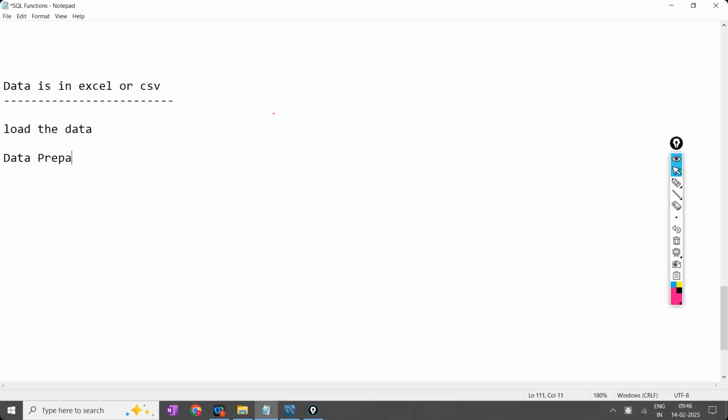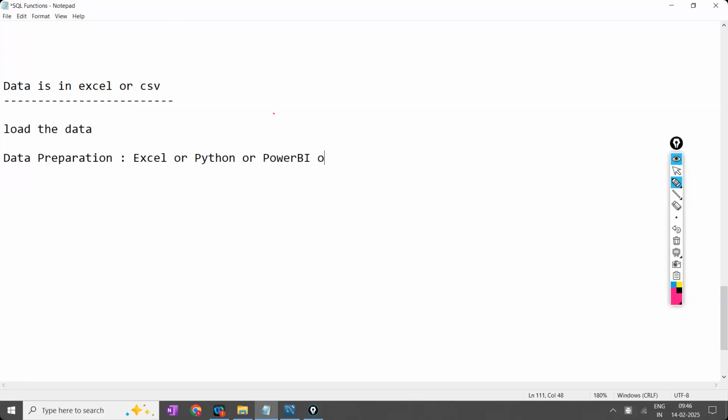What data preparation is there now? You can choose the data preparation in Excel. Now you are not going to use SQL. In this entire scenario, SQL will not be there. If SQL is there, Excel will not be there. If Excel is there, SQL will not be there. So load the data and do the data preparation in Excel itself, or connect this one to Python and do it there, or you do it in Power BI